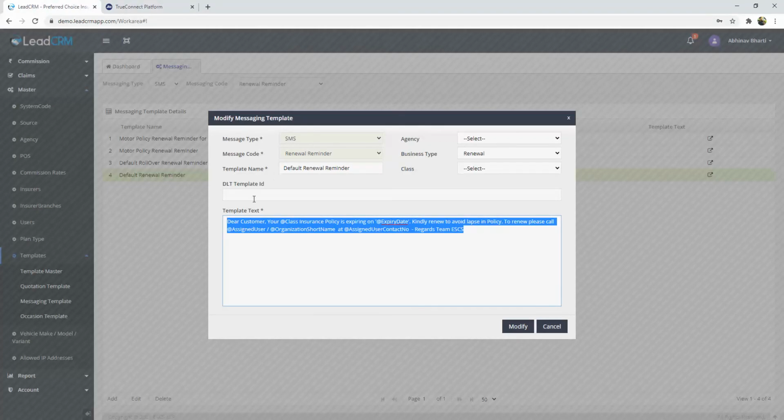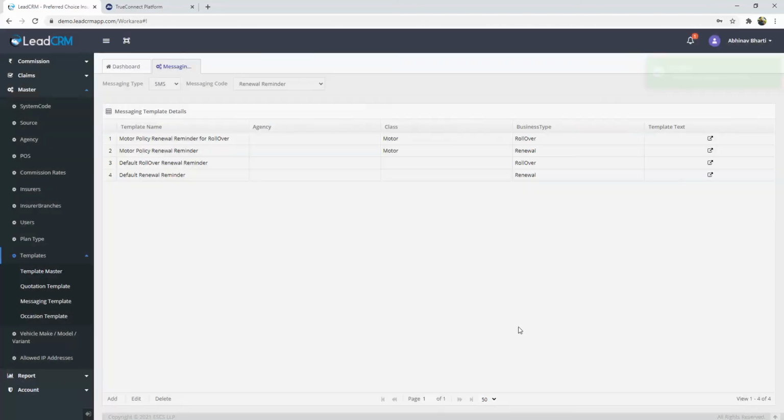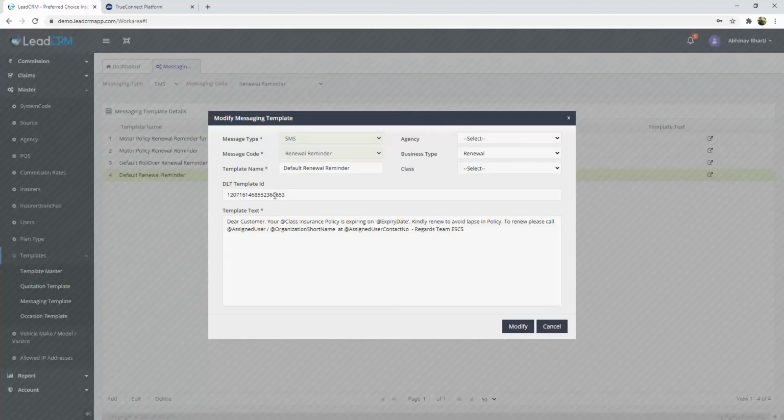I'll come to my lead CRM platform and I will map this template ID in my master like this, and I'll click on modify. Once modified, this particular value is saved inside my masters.